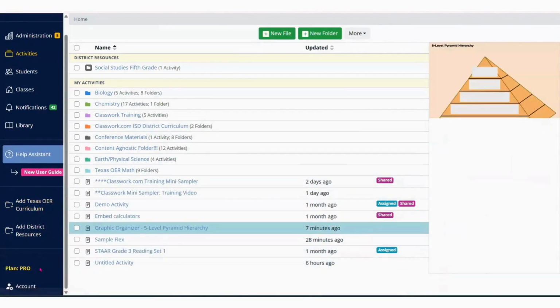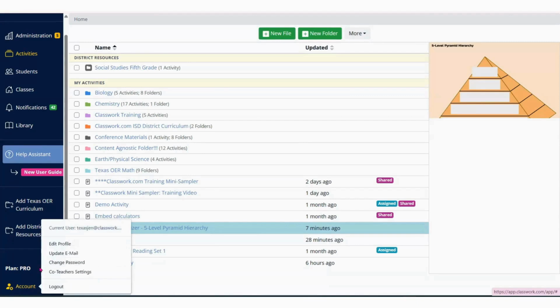Down here at the very bottom, we have your classwork.com plan that you have subscribed to. It just tells you what version of Classwork you've purchased or had it purchased for you. Classwork.com will show that your plan is Pro. If you are in a free trial, it will show Free Trial down here. You also have access to an account button. If you click that account button, you can edit your profile, update your email address, change your password,